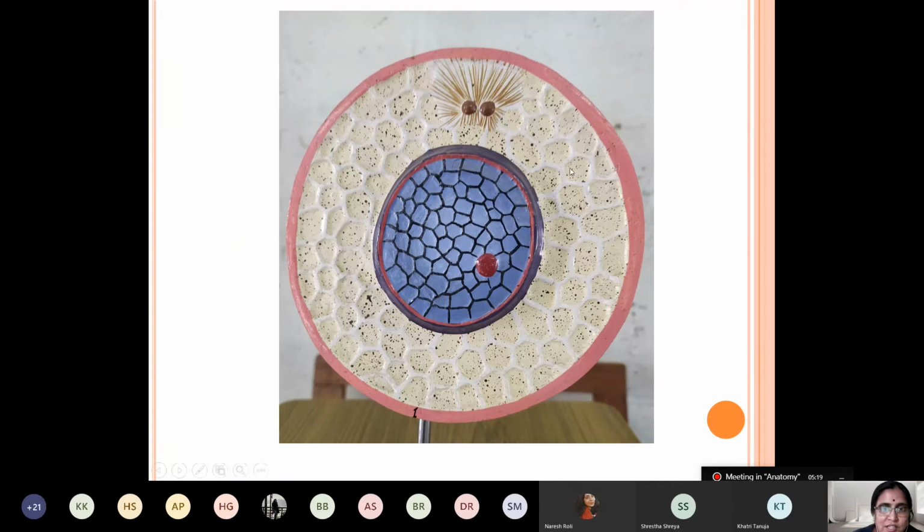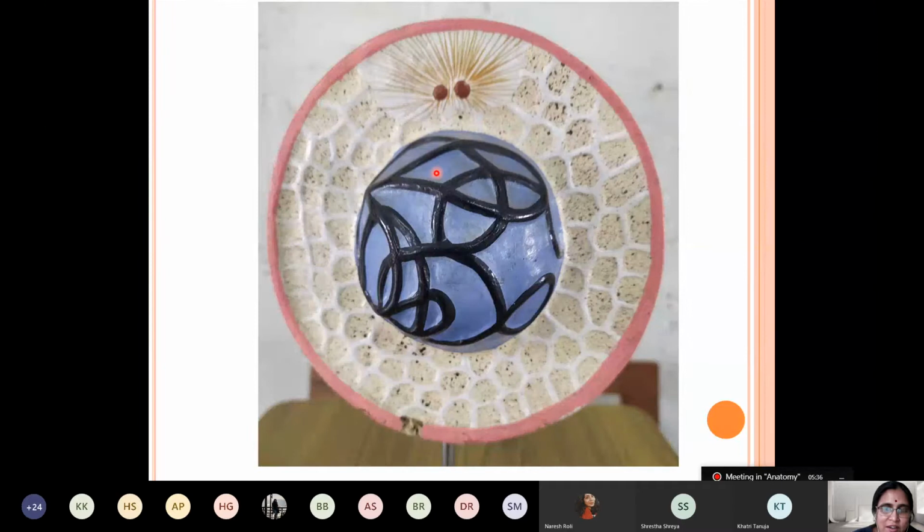So today we'll do the revision of the embryology. So this is the picture of the cell division, that is the mitosis. This is the prophase. Here you can see the condensation of the chromosome taking place in the prophase, followed by the disappearance of the nuclear membrane and appearance of the centrosome with centrioles near the opposite poles. Here you can see this is the centrosome with the centrioles.